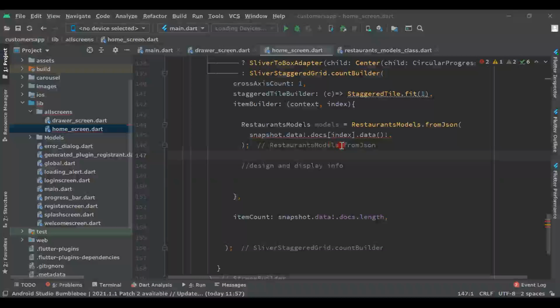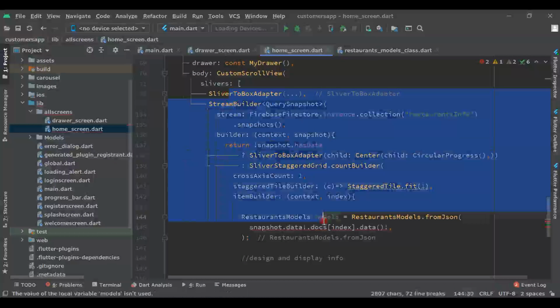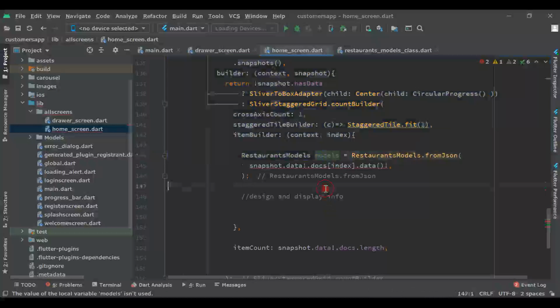Okay, let's design the file for displaying the restaurant information. As you know, guys, in the previous video we left off at this line, and we will complete this in this video. So let's design our file to display the information of the restaurant after this slider. To create the design, what we need to do is right click on this lib,